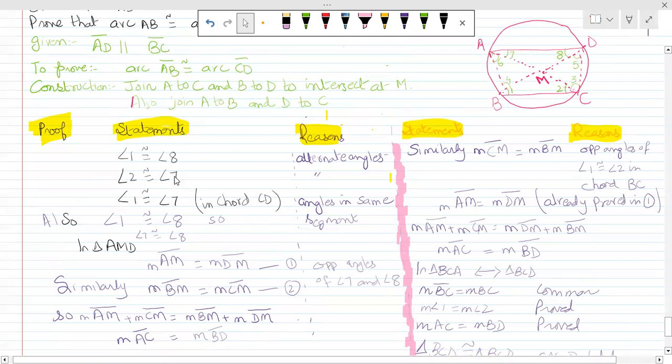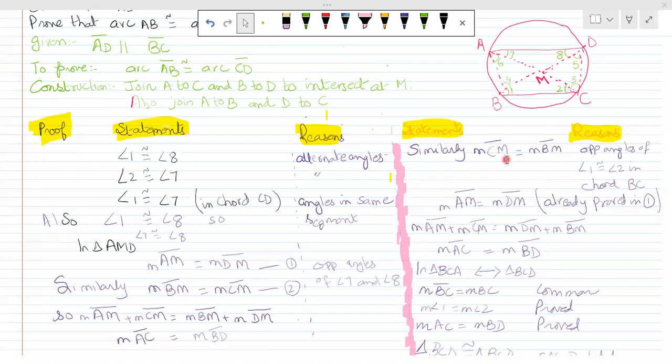From this result, we now proceed to another similar result, which is that AC is congruent to BD. We have reached this result. AC is congruent to BD. Focus here in the diagram. AC is congruent to BD, right? So now with the same sequence of logic, we can prove that